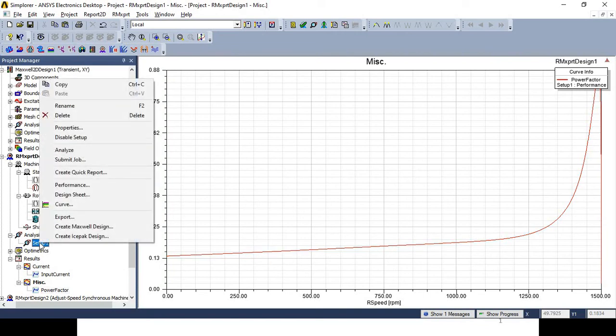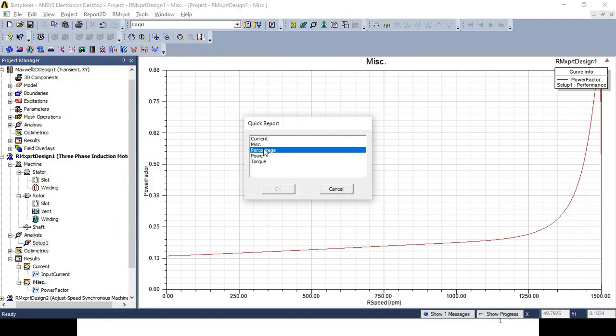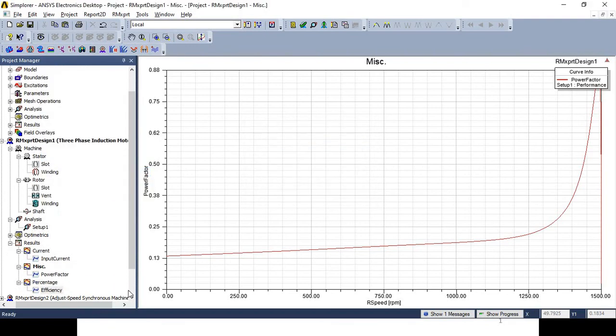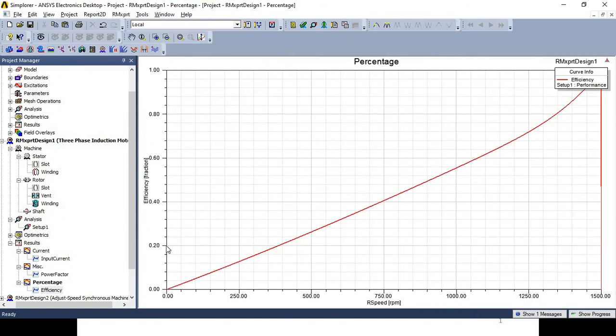Then next parameter is percentage. Here the efficiency percentage graph will be available, that is graph of efficiency with respect to the reference speed, that is the efficiency goes on increasing up to the rated speed, and beyond the rated speed it decreases.